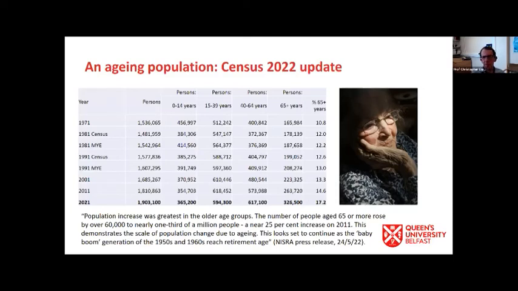Now, just a very timely update, I guess. If we think about dementia, obviously, one of the key things we might think about are older people, not exclusively. There are groups who are more likely to suffer from dementia, but certainly age and aging are common concerns if we think about dementia. So some of you might have seen today, NISRA, the Northern Ireland Statistics and Research Agency, have just produced the first outputs from the 2021 census, literally today. So it's very, very good timing.